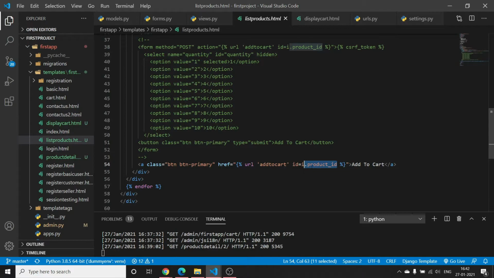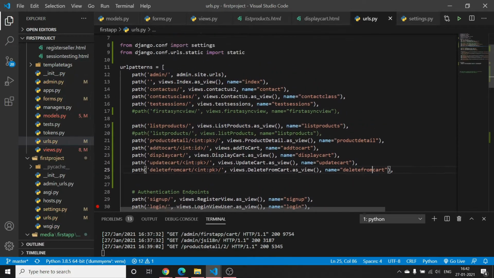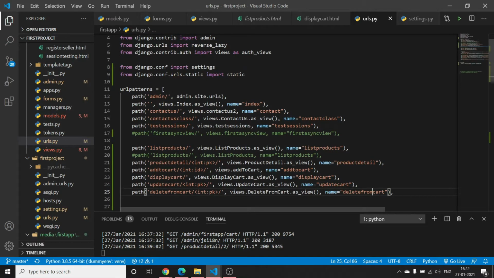That's why we have added this, and in urls.py we have added an endpoint called add to cart, in which I have added an integer field for ID, so that we can pass that in the URL as well. Like we pass the primary key in the product detail endpoint.